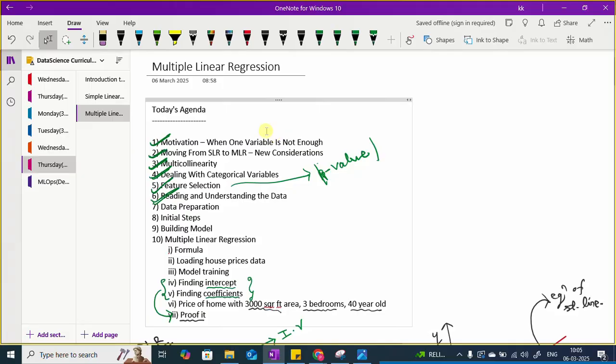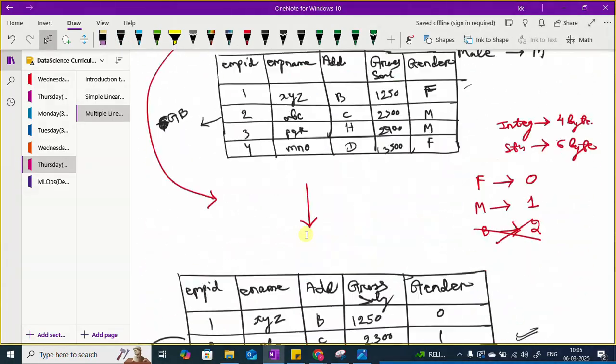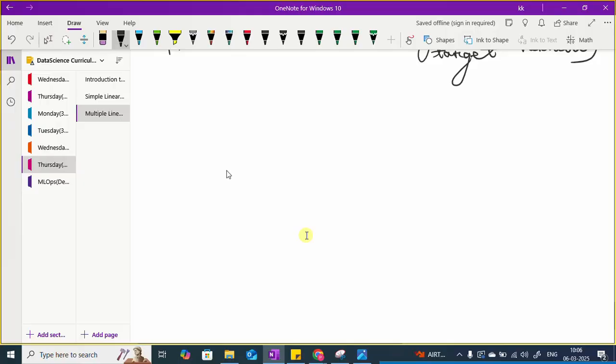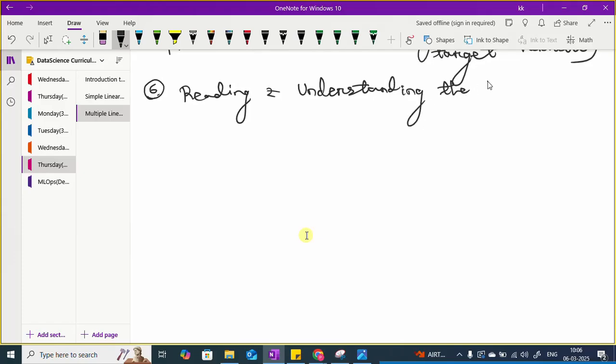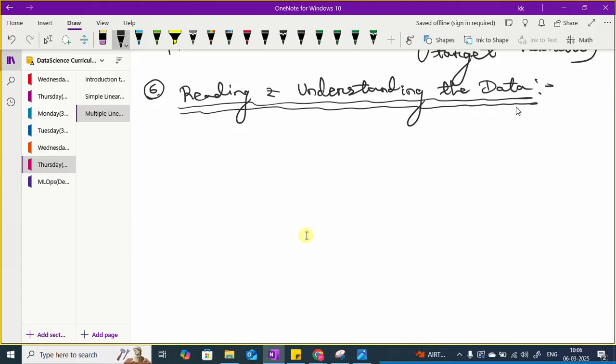Okay, guys, there are certain steps which are part of the machine learning life cycle or data science life cycle. What are those? The first one is, let me write down